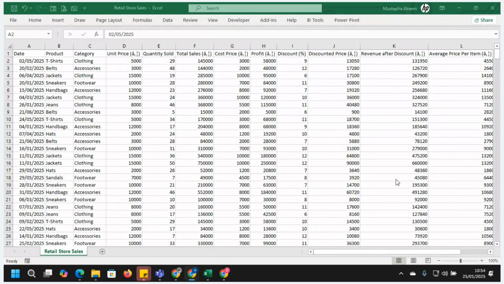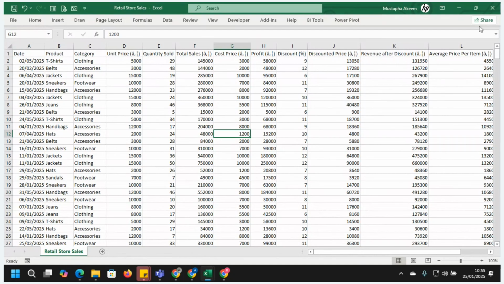Okay. Looking at this data here, the first thing we're going to see is how to connect to our data. There are different ways by which you can connect to your data. You can see what I've done now: I just opened the data from a CSV file, and here I am in Excel. But sometimes your data may not be directly accessible. How do we connect with your data? That is the first thing we're going to look at. You can see this is a retail sales data set.